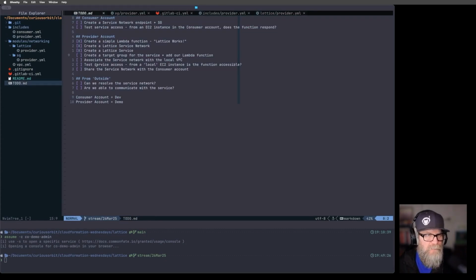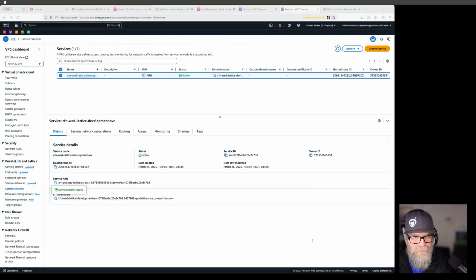So we've created our target group. Okay, associate the service network with our local VPC. So I created that provider VPC that we talked about earlier, right? Let's do this first. Let's go back over, because I know I'm testing this with Cloud Shell, and as I think about that, it's not going to do what I want. So we're going to do,